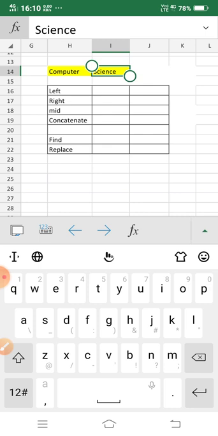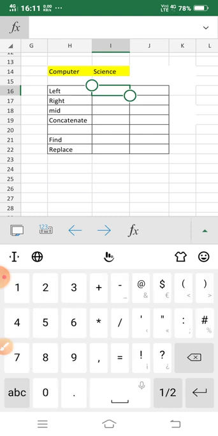First I want to use the text function left. Left gives the leftmost characters of a text, and if I give a number, meaning how many characters you want from the left-hand side, it gives the result according to your need.